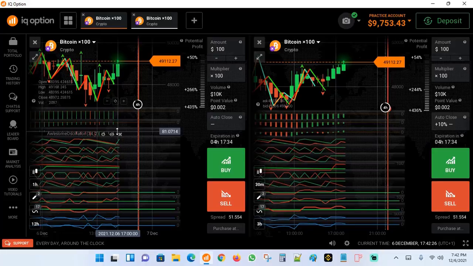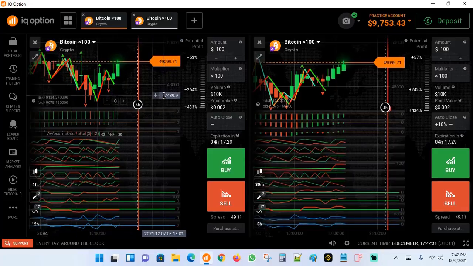Most of the robots, most of the strategies are just stopping at around 80%, around there, 60, 70. So those are the most perfect strategies that we have on the market. But this being a new strategy into the market, I can guarantee you a 99.9% with an auto close of